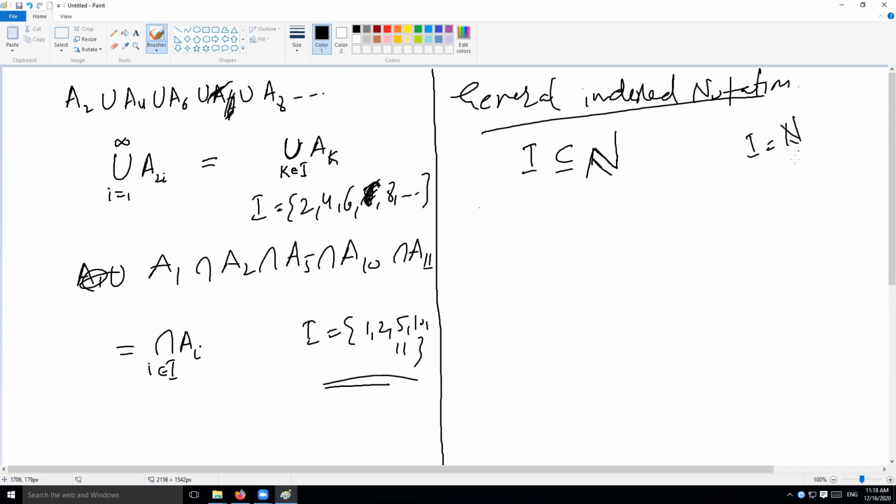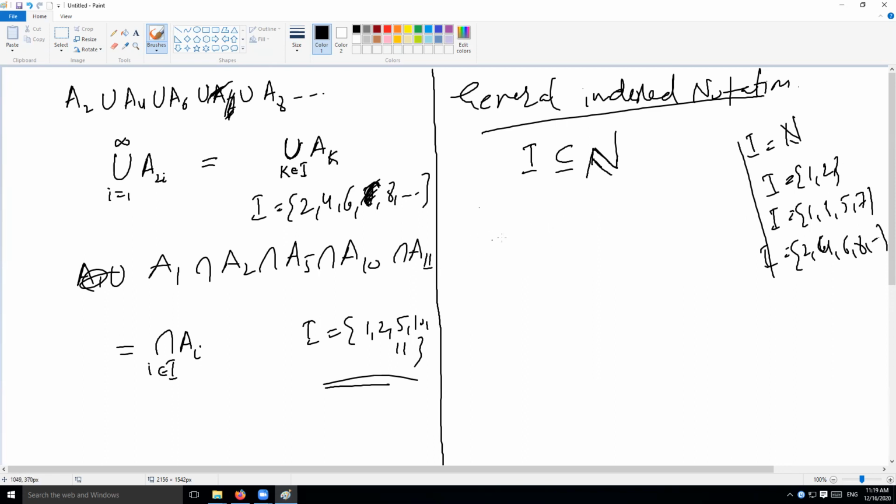I could be the entire set. I could be some finite set like 1, 2. I could be 1, 3, 5, and 7. I could be all even numbers 2, 4, 6, 8, and so on and so forth, right? So I can be anything out of all these sets. Then if I is a subset of N,